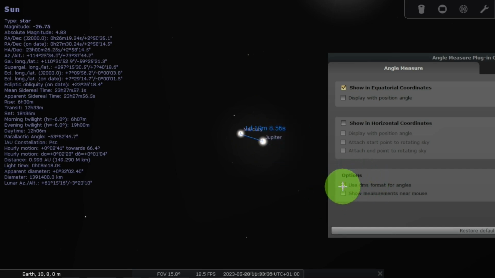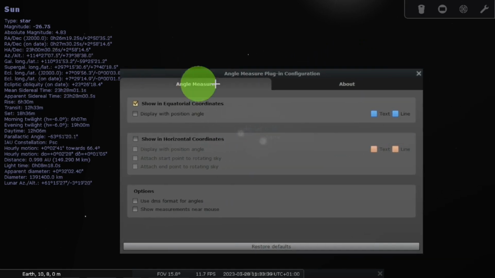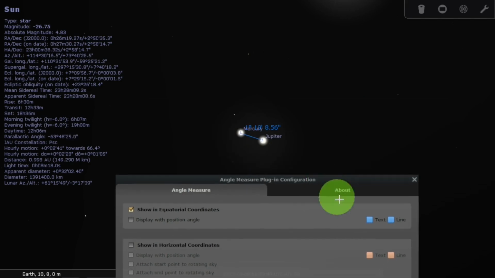So that is some of the functionalities you can do there. If you want to change the colors, like the line is blue, if you want to change it, I can change it to any color of my choice, but I think I'm comfortable with that. I can also